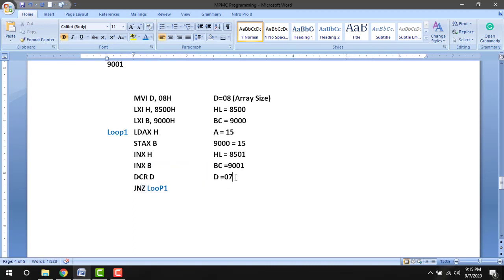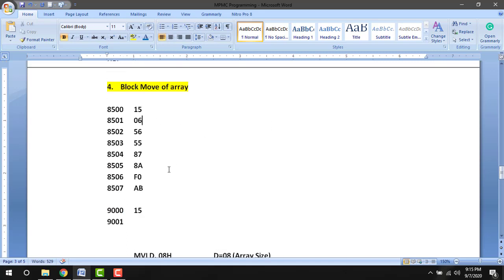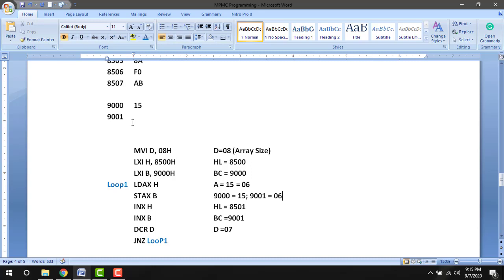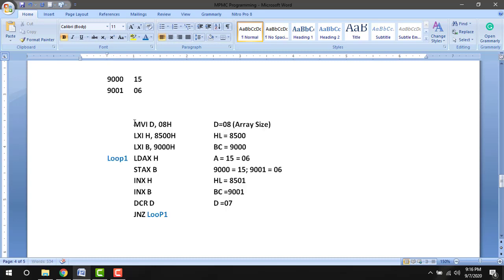D is non-zero, so it goes to loop 1. So LDAX H: the data in the memory pointed by the HL pair, 8501, is moved to the accumulator. The second data at 8501, 06, is moved to the accumulator. Then STAX B: the BC pair shows 9001, so at 9001 the data 06 is moved. So the second data is also moved.